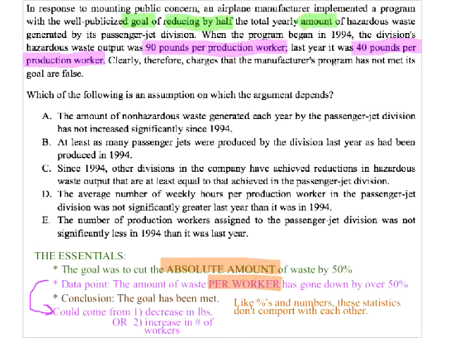Because you could have that reduction come entirely from just having twice as many employees. Or in a worst case scenario, you could even have more waste, but you would have so many more employees that the per worker quantity would go down. So it's a lot like dealing with a percentage versus dealing with a number. You have to realize when two quantities are in fact different. So the assumption is that it's not number two, because we're saying that our goal, a decrease in pure pounds, has been met, which means we're basically just assuming that it's not number two. So that means E.